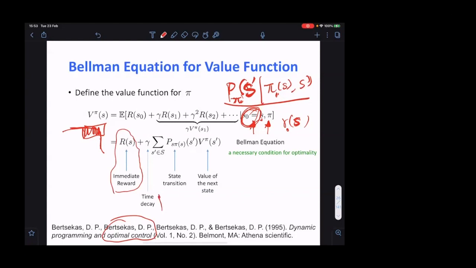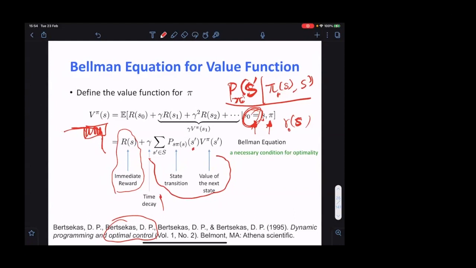the time decay, which is counted by the discount factor, and the future reward. This is the future reward you're going to receive. The future reward depends on two things. One is, given the current policy, which state X prime you're going to reach. And also, given that I'm going to reach my next state X prime, what would be my accumulated reward in that case? Okay, so this provides a very useful